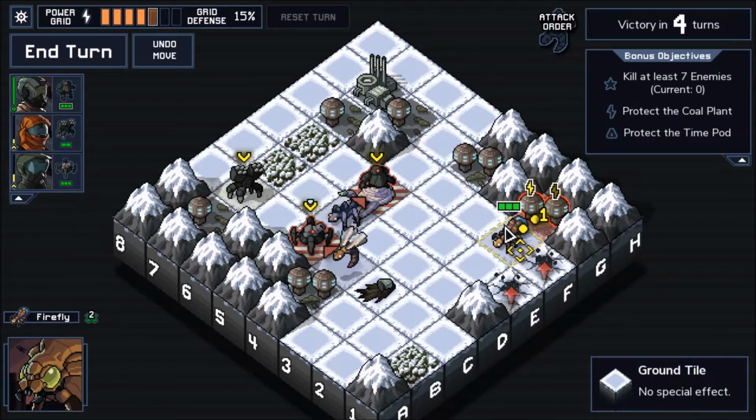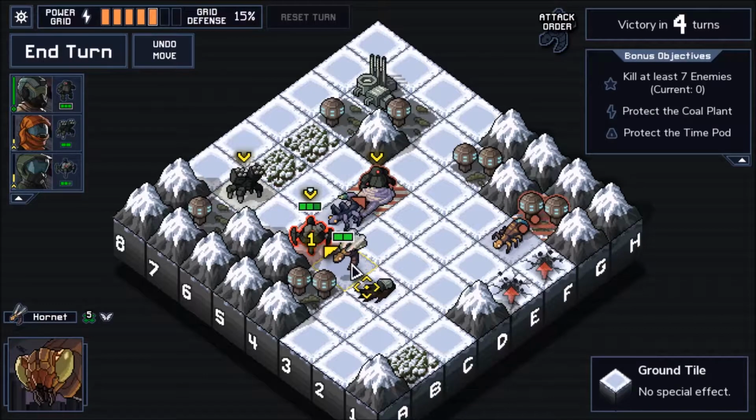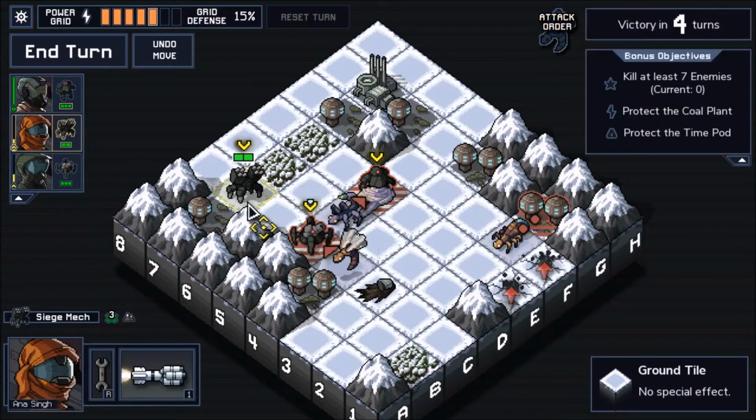I want to get all the way down here, which is tough. In order to do that... I guess I don't need to move this guy at all. It would be nice to damage him, but it's more important to push this guy. Which I can only do from... Well, oh, I see. What I could do